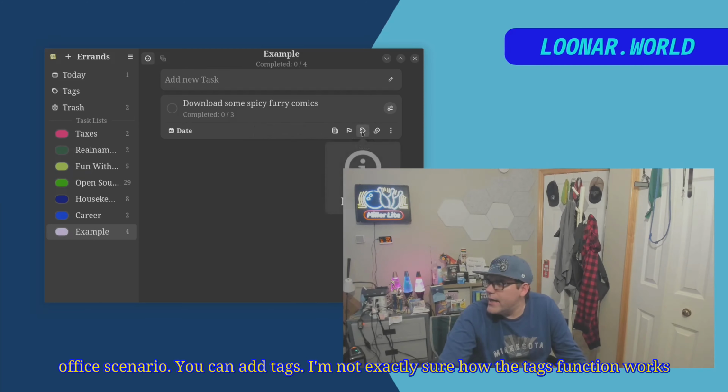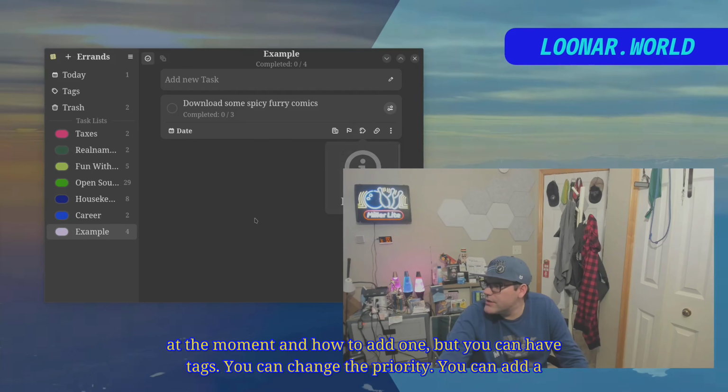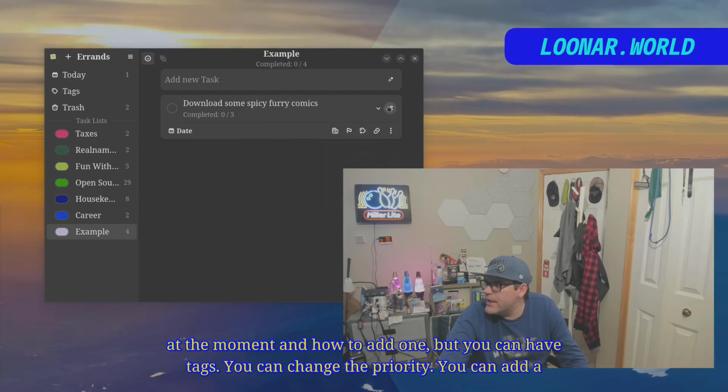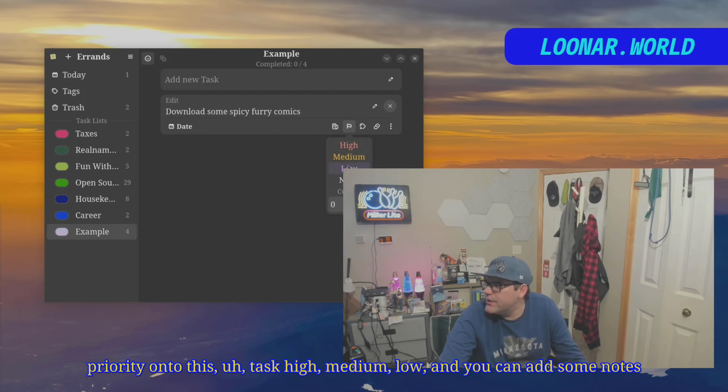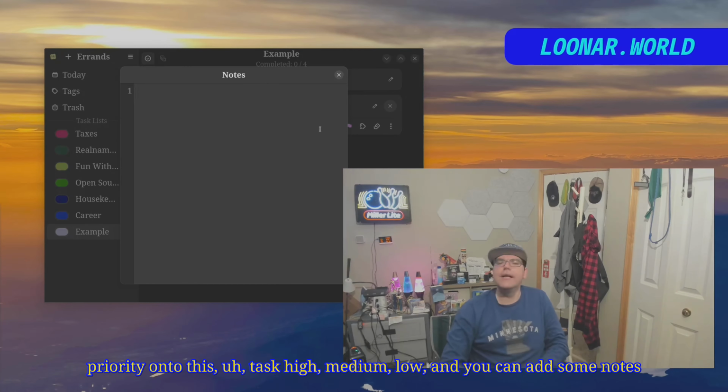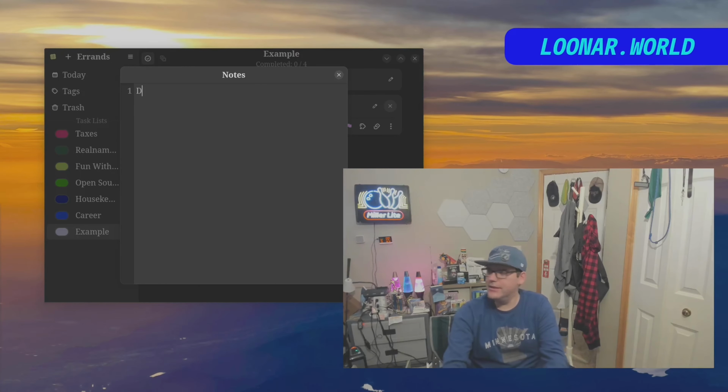You can add tags. I'm not exactly sure how the tags function works at the moment and how to add one, but you can have tags. You can change the priority. You can add a priority onto this task, high, medium, low, and you can add some notes